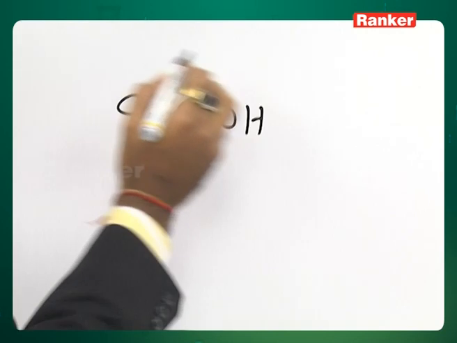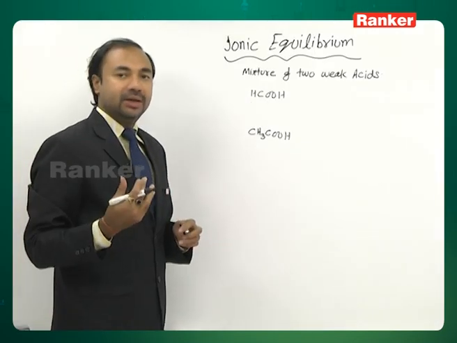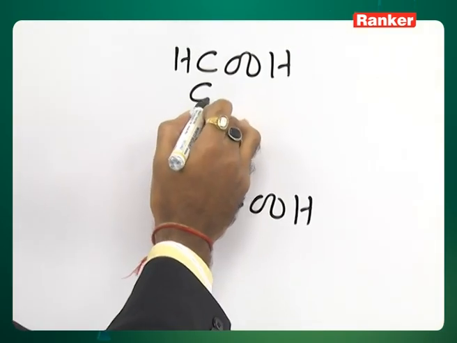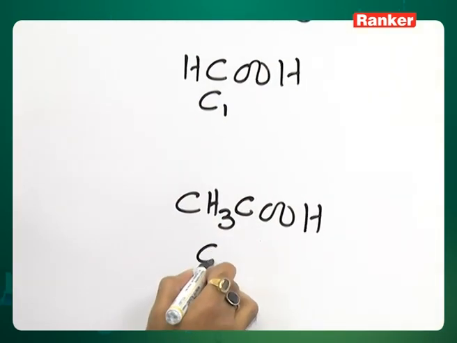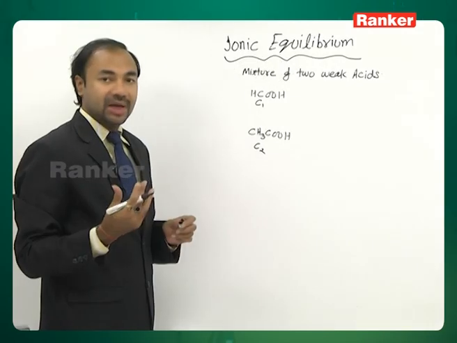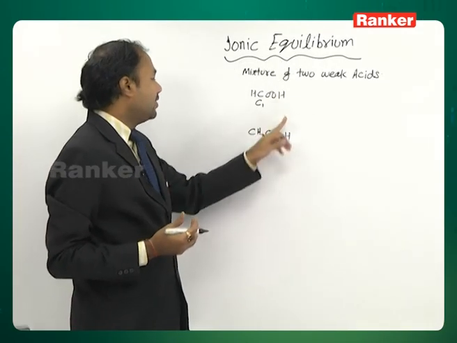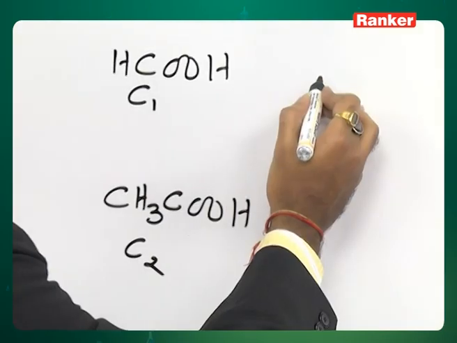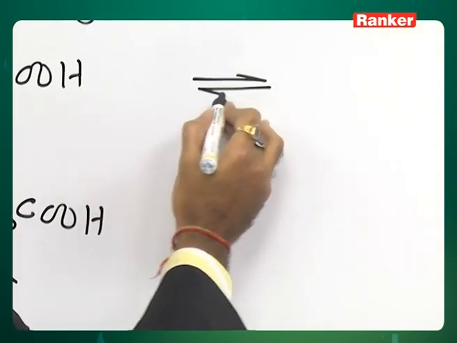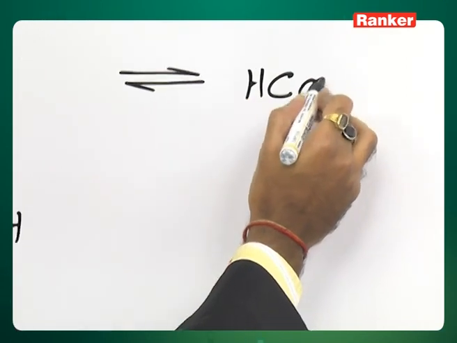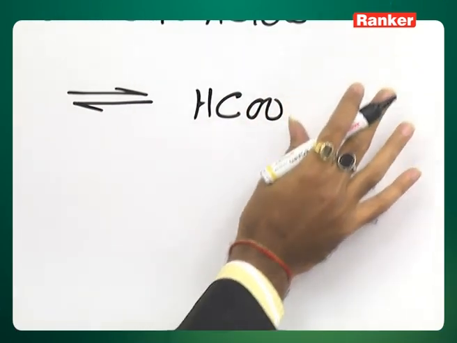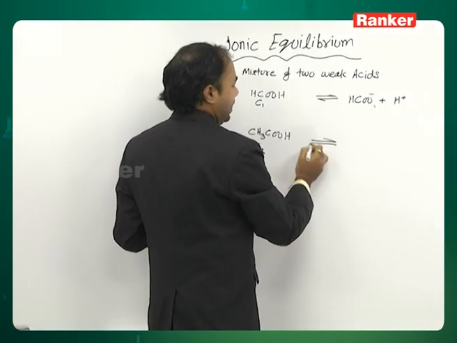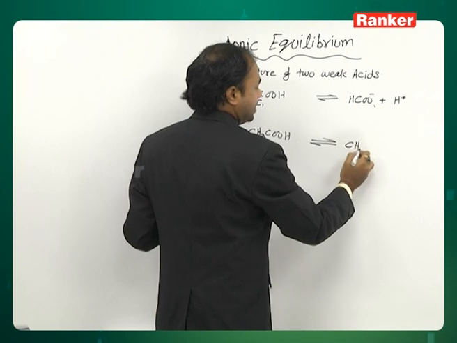Suppose these two acids have been mixed together, and in the resultant solution the concentration of formic acid is C1 while that of acetic acid is C2. Both the acids, as we have discussed, are weak acids, so both of them will establish one equilibrium. And how the equilibrium is going to be: formic acid will give you formate ion plus H plus ion, while acetic acid gives us acetate ion